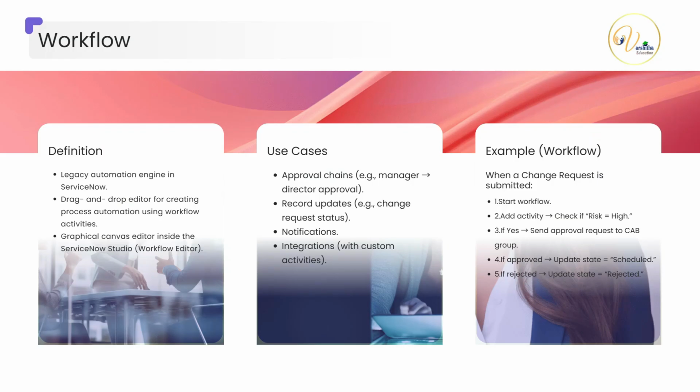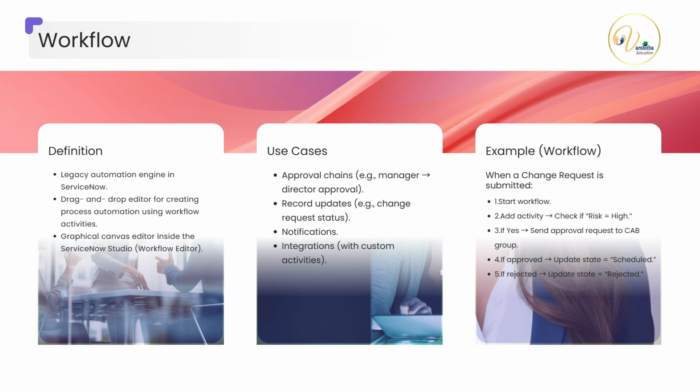Normal process means, if we are trying to send any business rules or approvals, or sending notifications, in this area we can send them easily. And what are the main use cases of this workflow area? Use cases means approval action chains, like a manager can approve, and after the manager approves, it will be redirected to the next level.